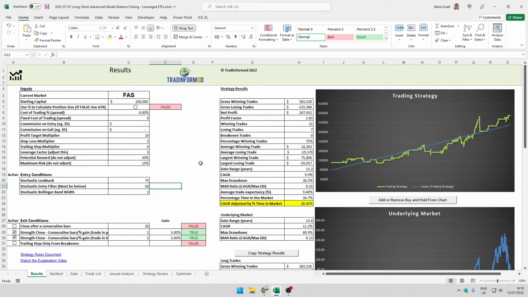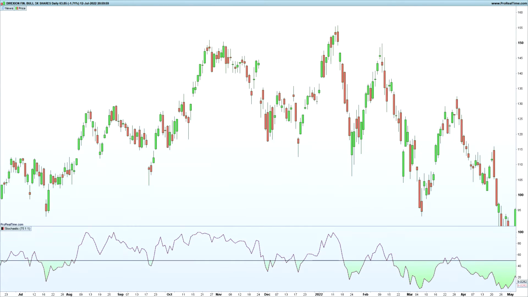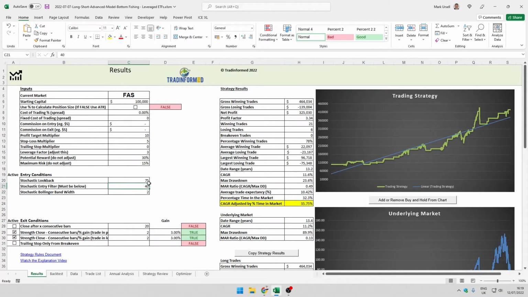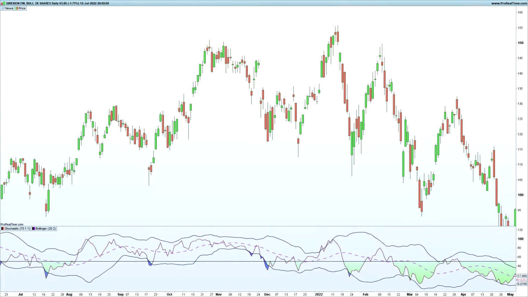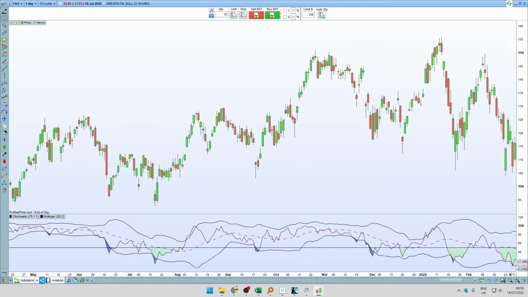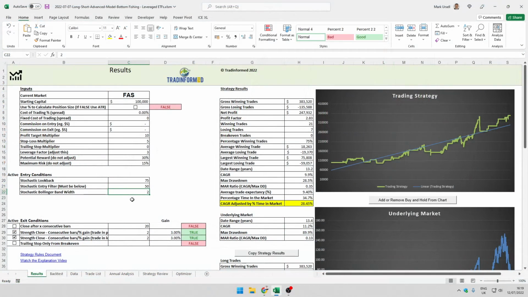Now you can see on this basic setup, we have FAS performing very nicely in this trading strategy. We're using a long-term stochastic lookback period of 75. We're using an entry filter, so it must be below 50. But you can of course adjust this and you'll get different results. I'm going to keep it at 50 for now, and I'm using the Bollinger Band width of 2. So I'm using a standard setup here. Now the only thing I am going to adjust is the exits,